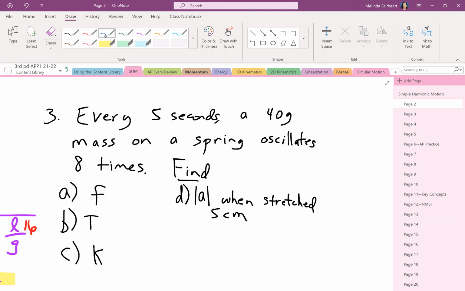And so the first thing, and I know that it's part B, but we can go in and solve for period. Period is how many seconds for one oscillation or cycle. If you want to view an oscillation as a cycle, that's fine. It's how many seconds per one cycle. But we have 5 seconds for 8 oscillations. And so simplify that, 5/8, and we get, is it 0.6? 0.625